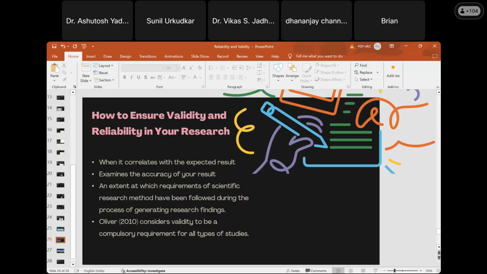And this method should be pre-existing and proven. Also, your sample should be very specific. If you're collecting data on how dogs respond to fear, then your results are more likely to be valid if you base them on a specific breed of dogs rather than dogs in general. Okay, so measures to ensure validity of research include, but again are not limited to, the list is